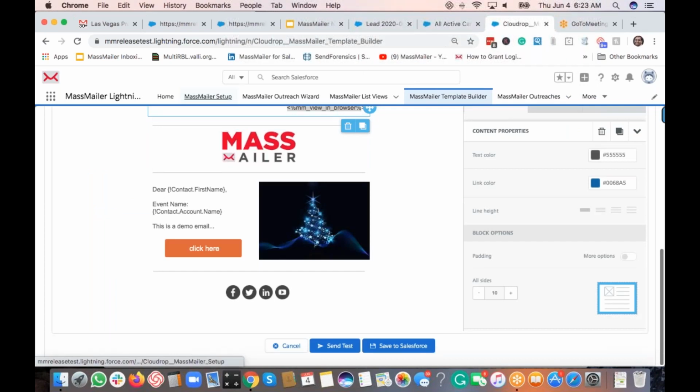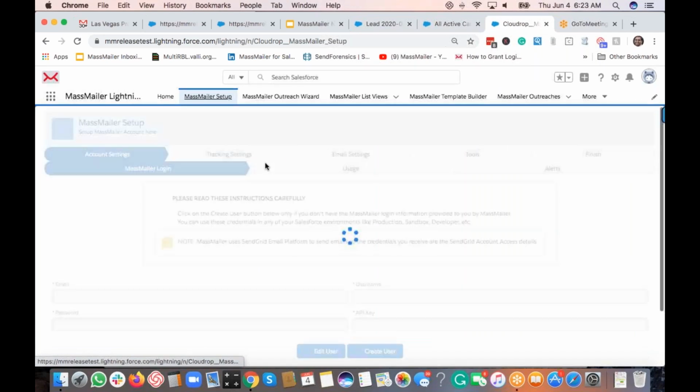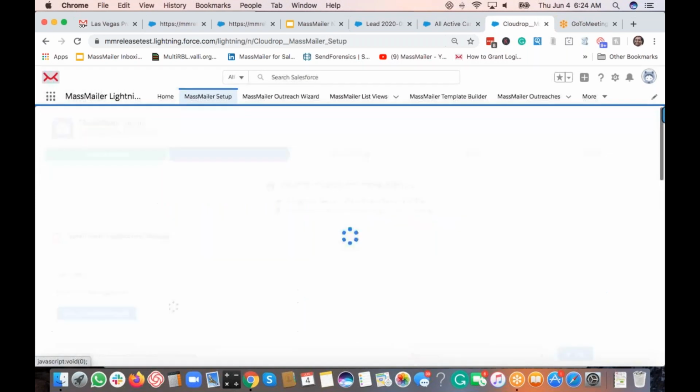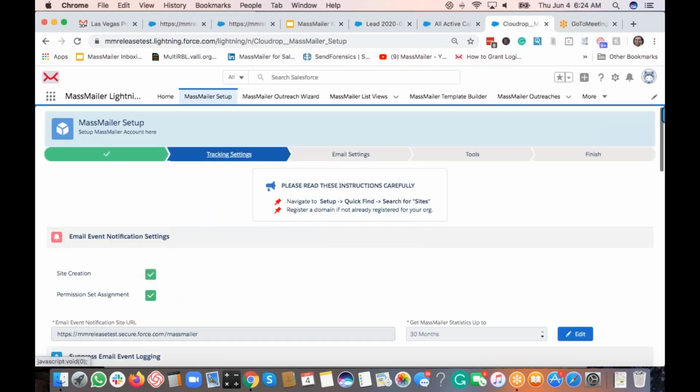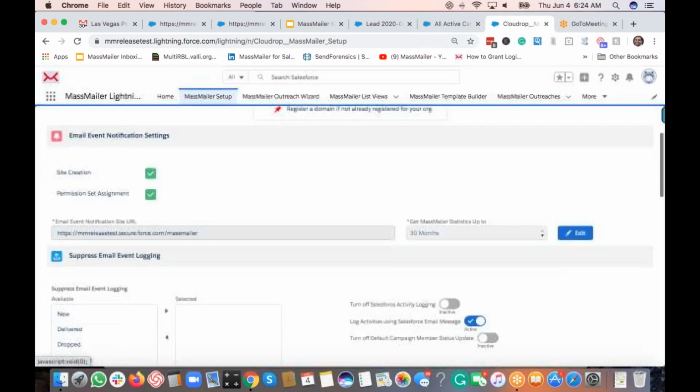I'll show you the setup in a moment. Now I'm going to show you a few of the features that we added, because you will actually see them in the flow. So here under tracking settings, MassMailer setup,